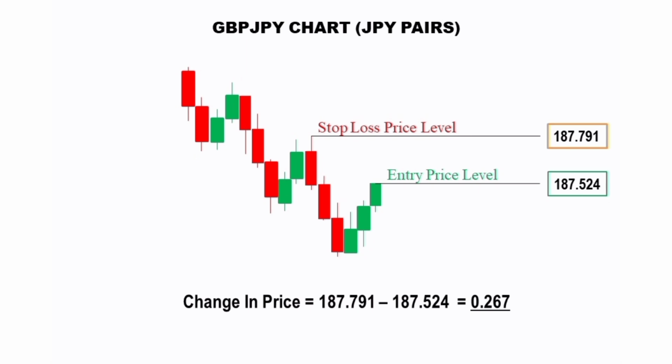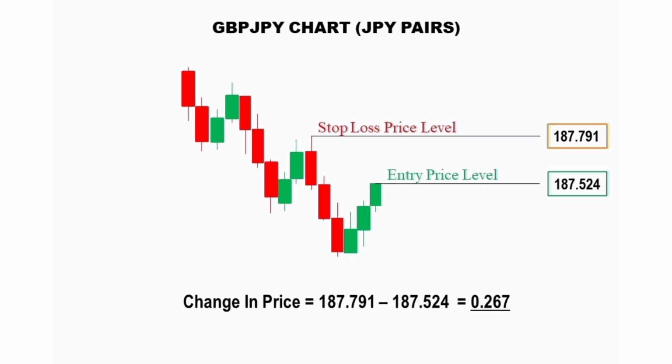for us to get the number of pips, we need to first of all get the change in price, because the number of pips is the change in price or the price difference between one point to another point. So we want to get the price difference or the change in price between the entry price level and the stop loss price level. So when we remove the entry price level from the stop loss price level, we could see that we will have 0.267 in this example,